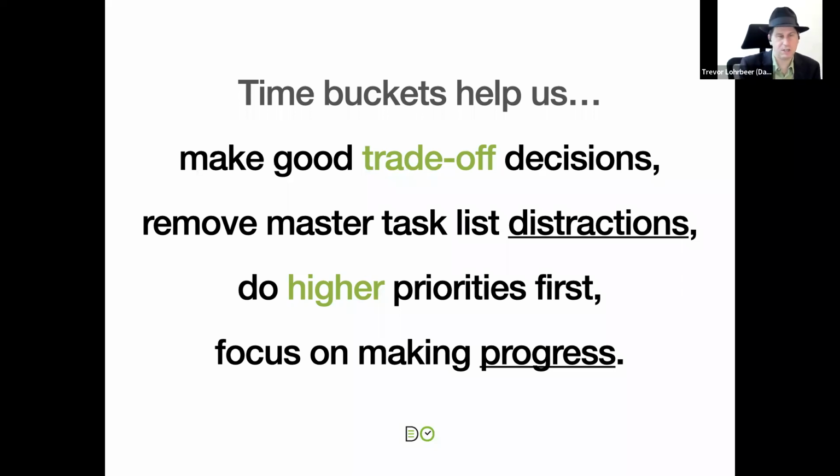Because if you're just trying to check things off your list, what tends to happen is you then don't get them all done. You'll get overwhelmed, and then that will make you work less effectively. Whereas if you have this mindset, hey, I'm going to work an hour each day on marketing and keep moving that ball forward, I'm going to just keep working on all my priorities and make progress on them, it lets you get them done faster.